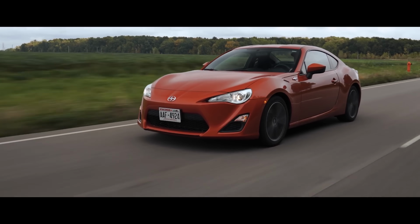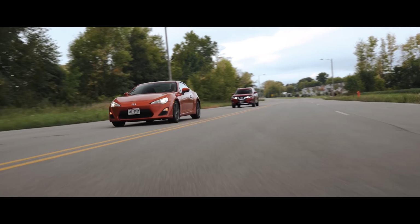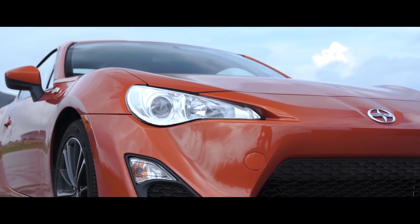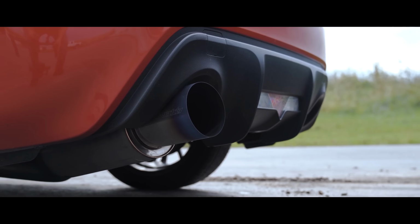learn on is the fact that they're becoming more widely available and the prices are becoming more accessible, I guess you could say. The prices are coming down quite a bit. You can find like a 2013 FRS with not too many miles on for right around $15,000, which isn't a terrible price for the car that you're getting. Now, personally owning an FRS, I'm speaking a little bit from experience here, as it's really kind of the second